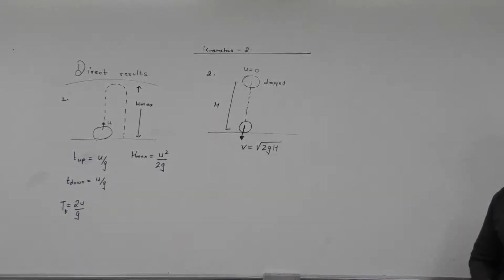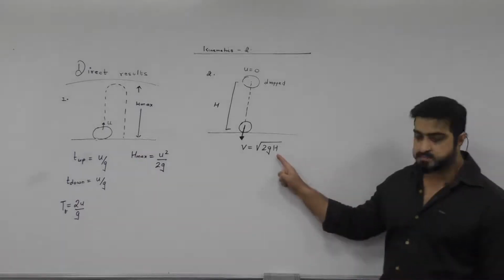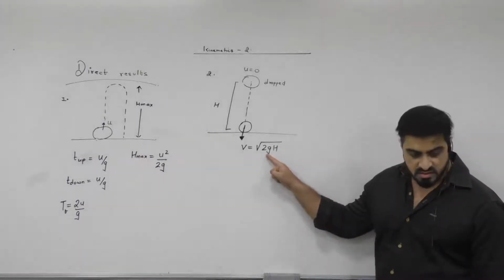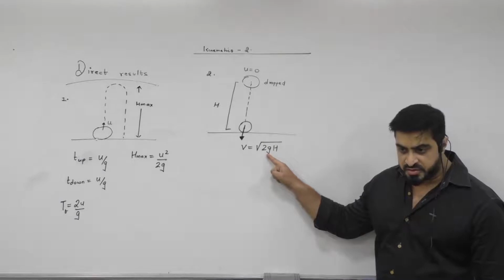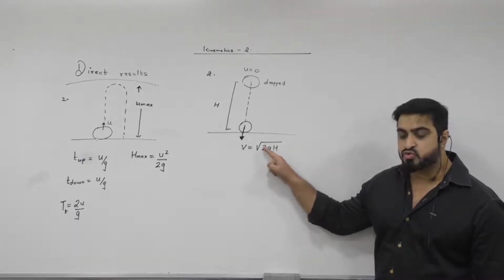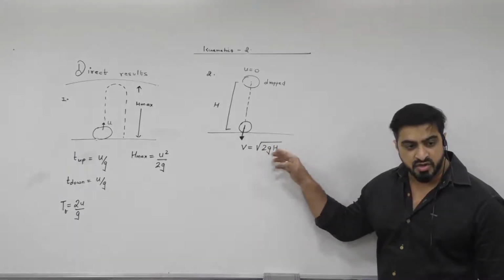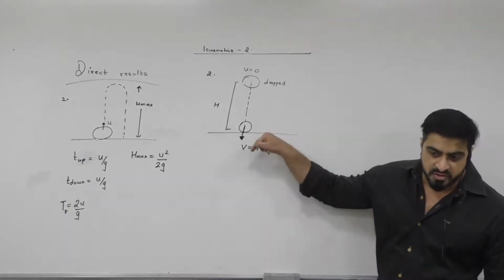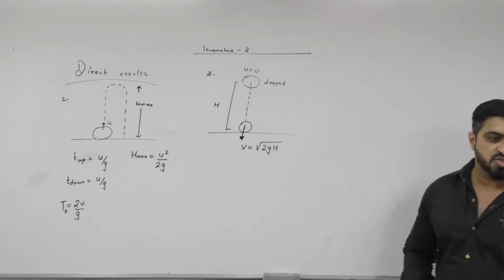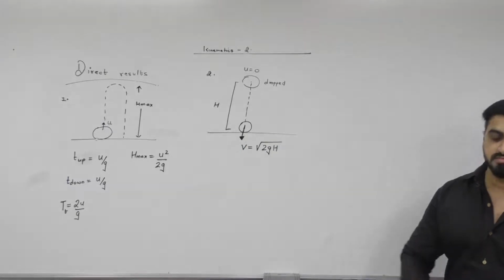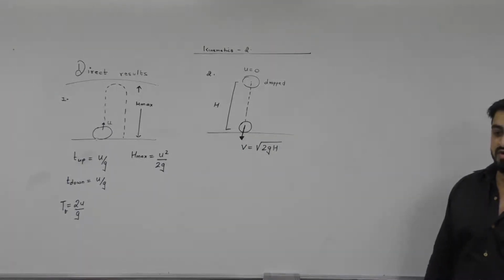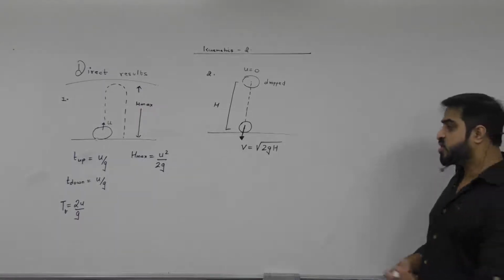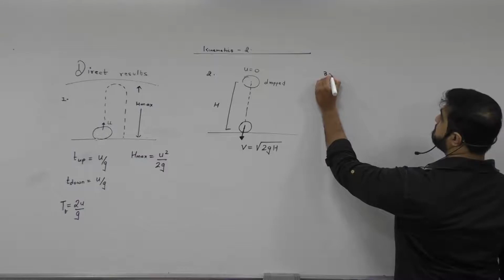Means if I drop it from a height of 10 meters, 10 tens are 100, into 2, that is root of 200. So it will hit the ground with a speed of approximately root of 200 meters per second. Just before striking the ground, it will have that amount of velocity. Getting it? Third and the most important part that I am discussing,